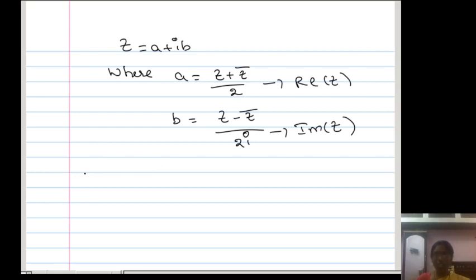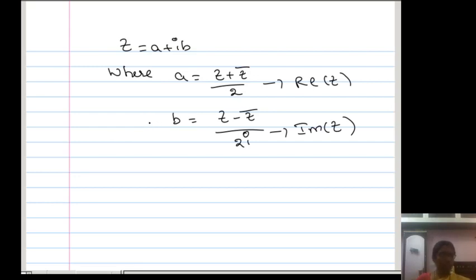Similarly, if the given number lies on the x-axis, meaning it is a real number, the conjugate is itself. If the complex number lies on the y-axis, the imaginary axis, meaning it's purely imaginary, then its conjugate lies on what? If the point lies on the positive y-axis, then its conjugate lies on the negative y-axis. If the given number is on the negative imaginary axis, then the conjugate is on the positive one, because the sign is replaced by minus. So like this you understand how to find the conjugate of a given complex number theoretically and geometrically.